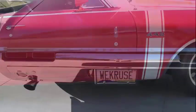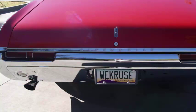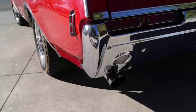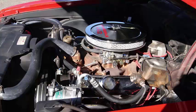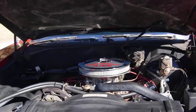Dual exhaust is coming from a 455 cubic inch big block that has kind of a lumpy cam in it. Has a 4-barrel on it. We put a new Edelbrock on it. And just before we got it, it had a new aluminum radiator installed, a new alternator, new brake booster, and master cylinder. We went ahead and put drop spindles on it, 2 inches in the front, added disc brakes to